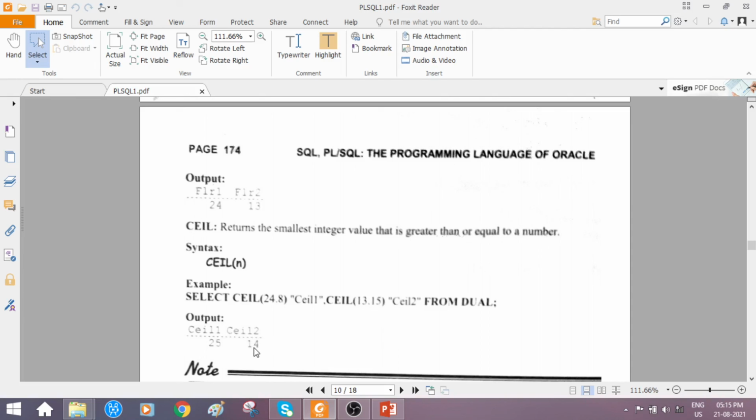Incremented, or the greater value is how much? 14 will be considered. Okay, irrespective of what? After the decimal point, the place values could be from 1, 2, 3, 4 or till 9. The integer part to the left of the decimal point will be incremented to the highest value. Okay, so these are the numeric functions in SQL.